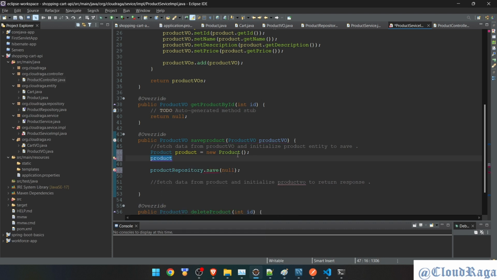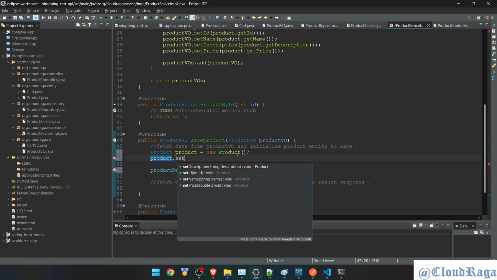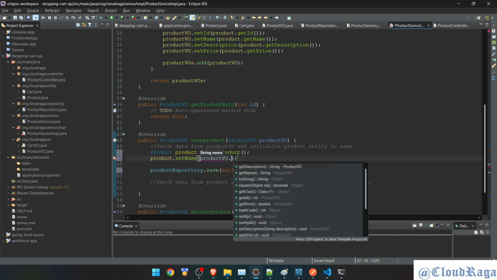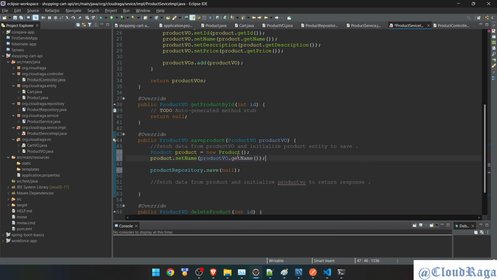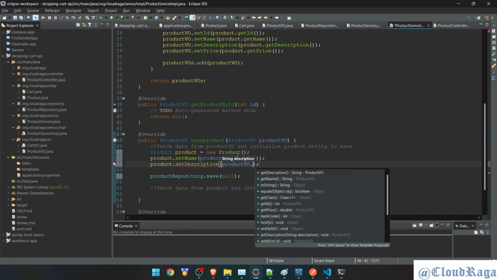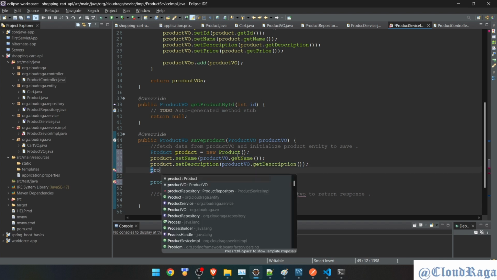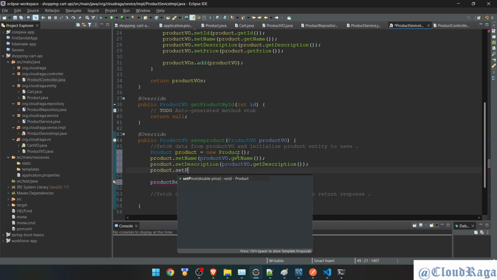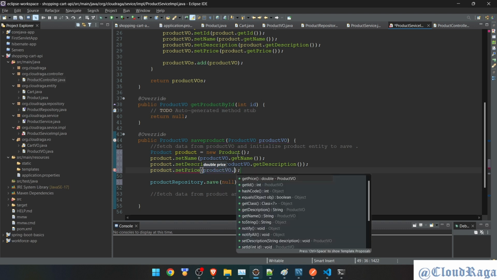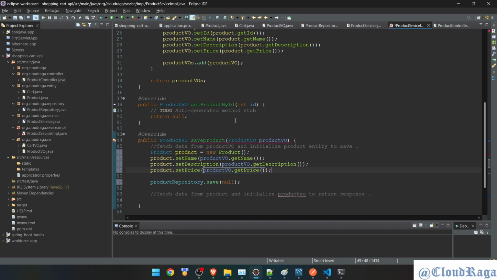Since it's a save call, we don't need ID, so I can ignore this ID and start with name. And here product dot set name, product view dot get name, and product dot set description, then product view dot get description, then product dot set price, then product view dot get price. Okay, this is done. The object is initialized and I can pass this object